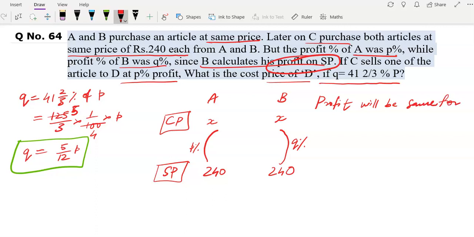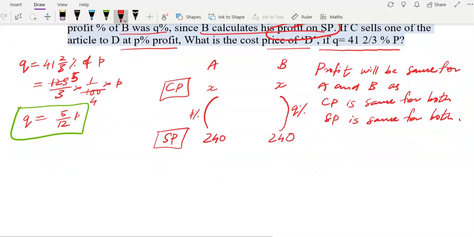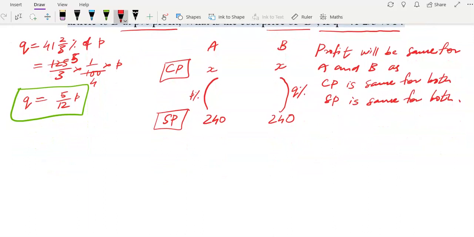Profit will be same for A and B, as CP is same for both and SP is same for both. So we can say that P% of X CP is equal to Q% of